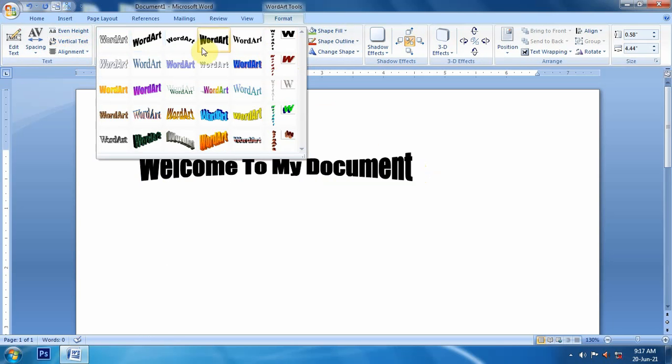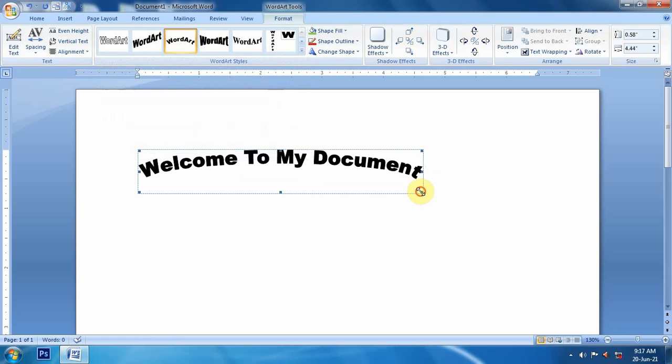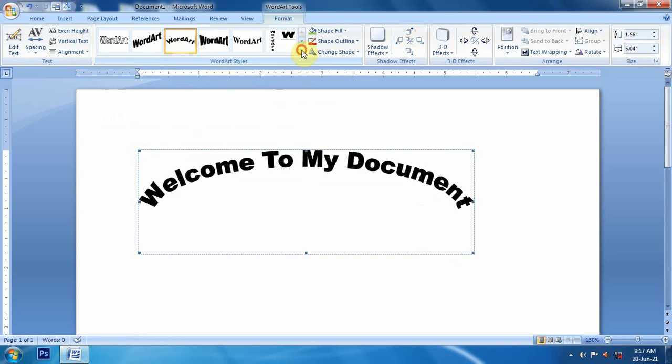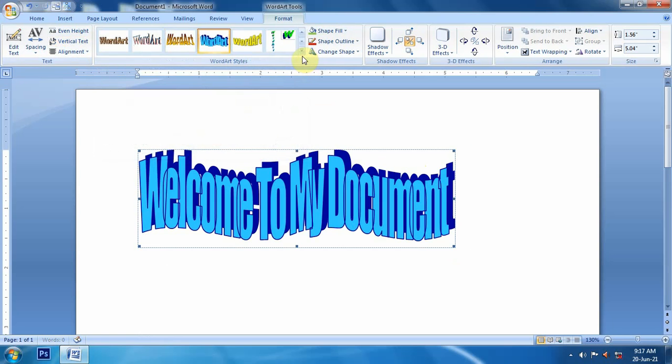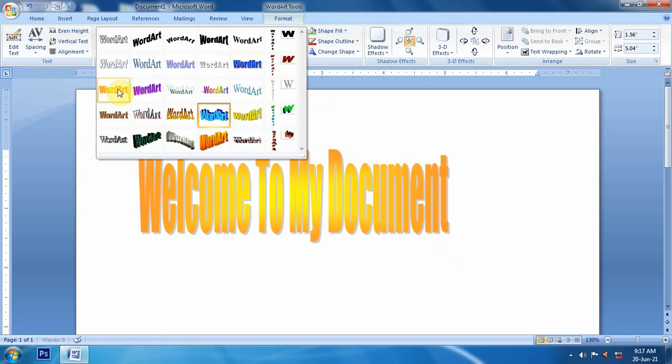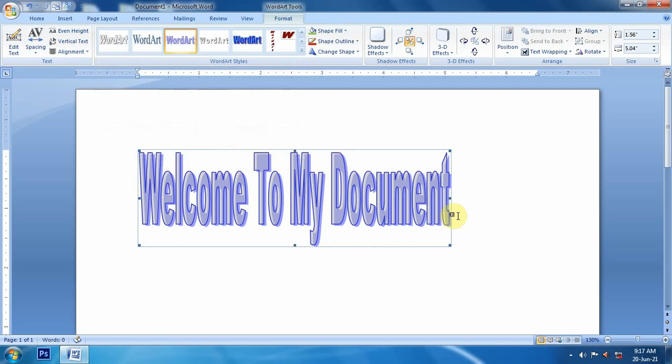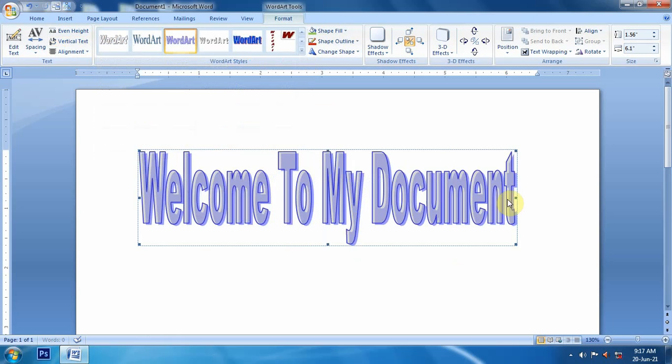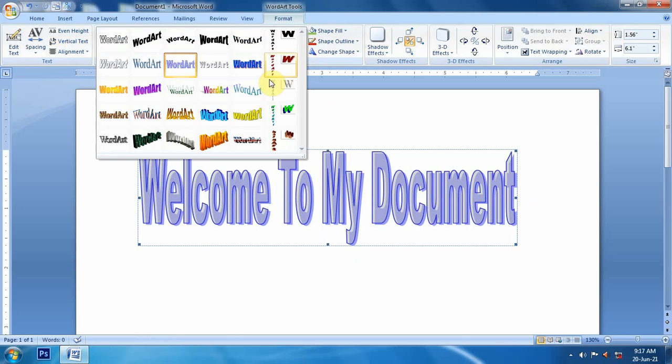From here we can apply different types of WordArt style as we want. Any type of style that we want to apply, we can select from here.